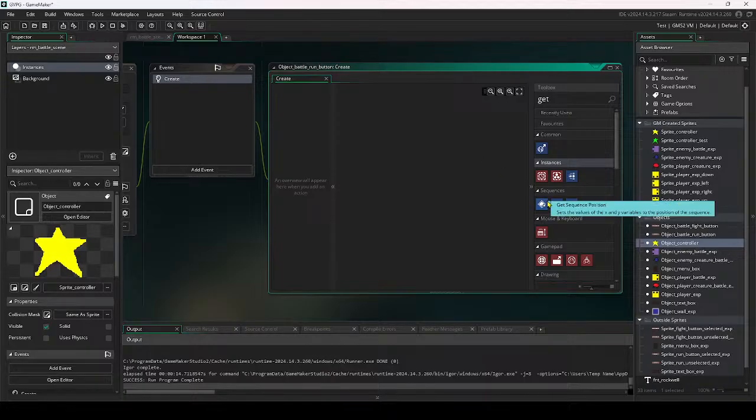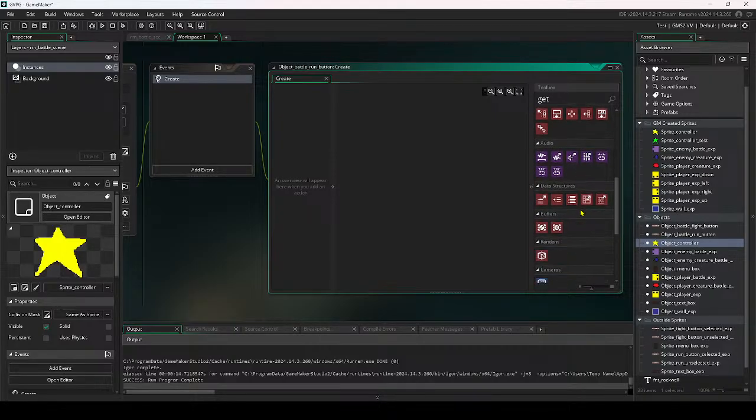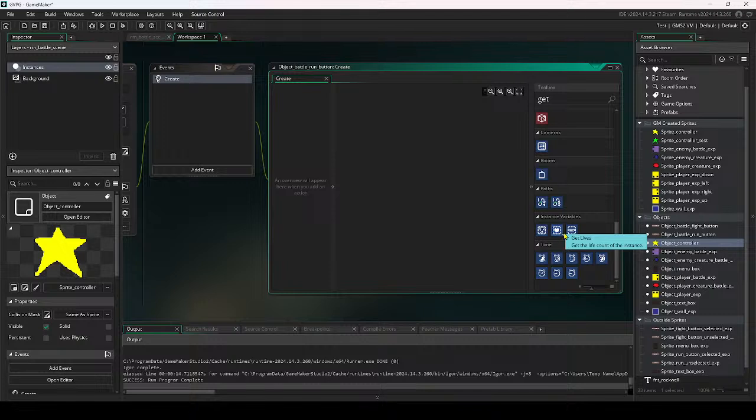That's the wrong global variable. But yeah,